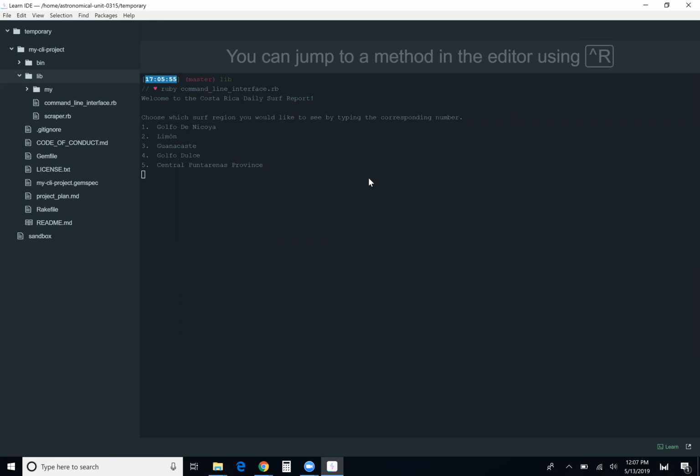So you sort of have to have an idea of the geographical layout of Costa Rica, but for somebody who's using this program, they would probably already know that. So essentially, I can choose 1 through 5 here as my option. So if I just select 1, which is the Gulf of Nicoya,